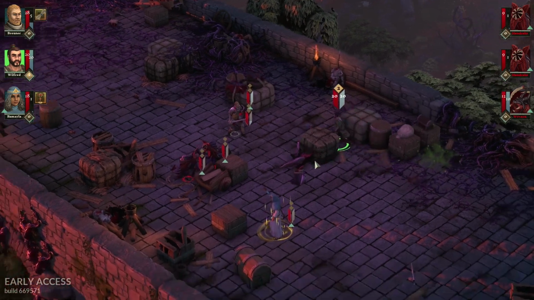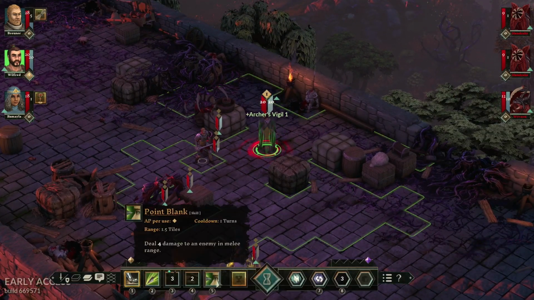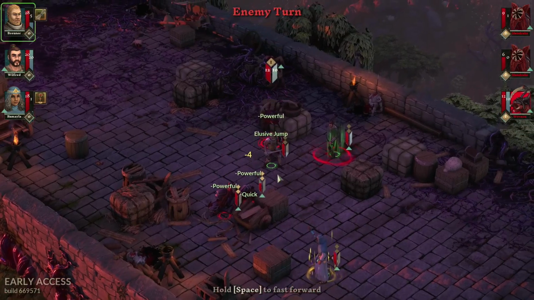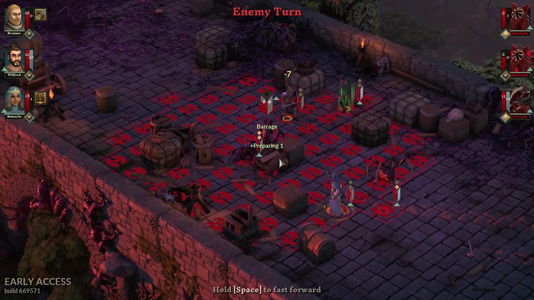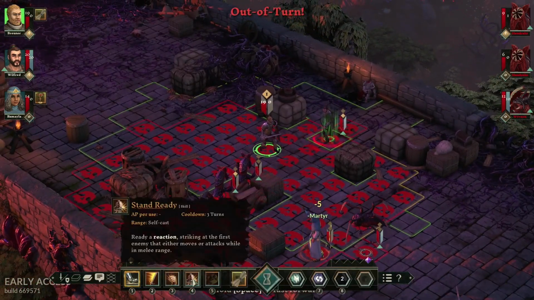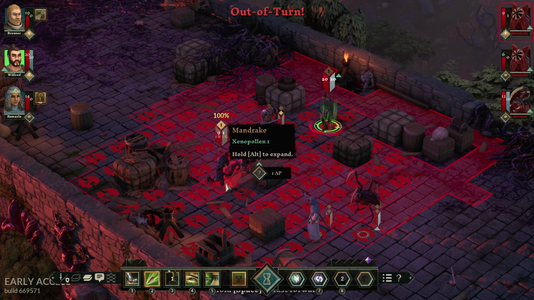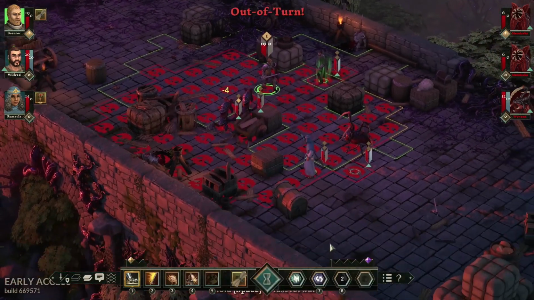So we're gonna move up. We're gonna take health damage, by the way, but I think we're gonna heal. Archer's Vigil. And no point blank, but we're gonna do a shot. Let's do that. So that's the barrage one. Okay. So you only have one action point, which I find a terrible thing. I'll shoot once because we can reposition. And then...